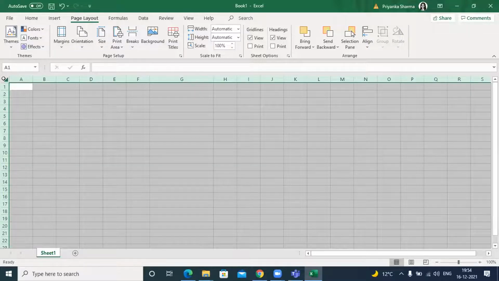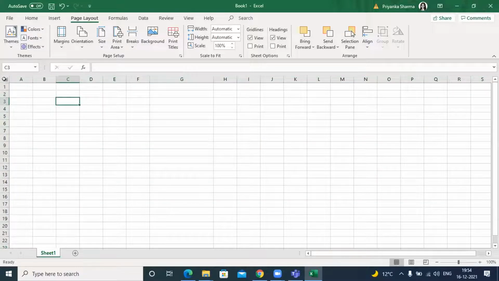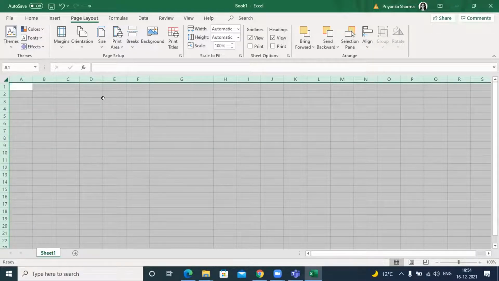You can click on this icon and if you double click anywhere here, you will see it will modify the column width of the entire sheet. So just click on this and make the modification the way you want to. Always remember, any change you want to make to the sheet, just make it here.